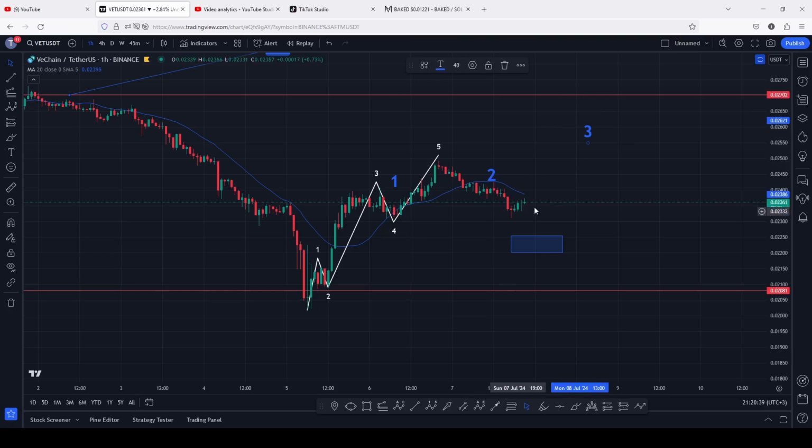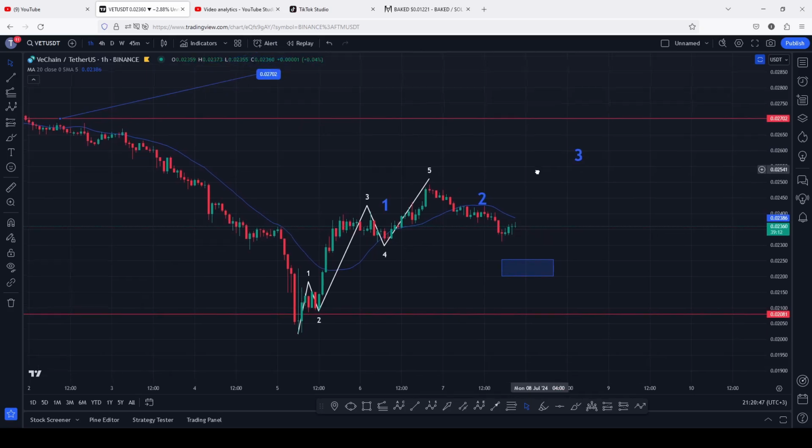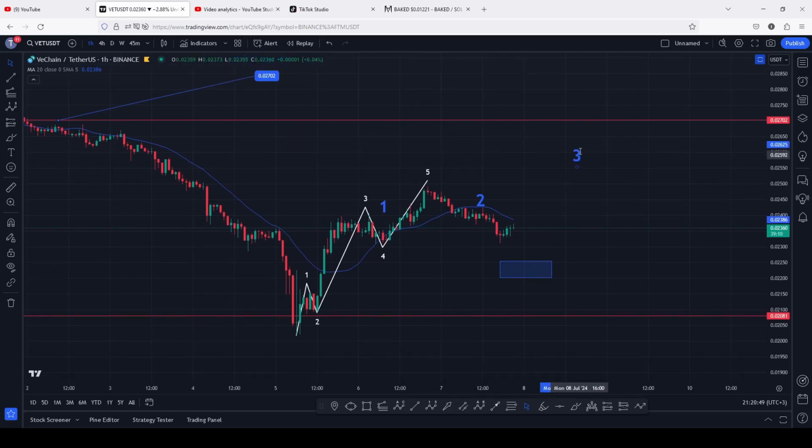But the moment we manage to break above the 20-day MA and the high above the 0.02491, that will be suggesting higher prices are coming our way in the formation of this wave 3, and we can have the 0.03 as our next target area. So that is what I'm